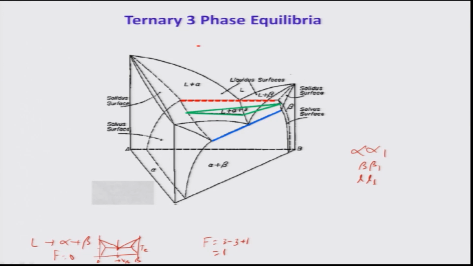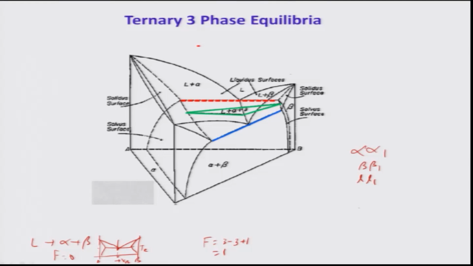At temperature T, 3 phases alpha, beta, liquid are at equilibrium. So, therefore, lines alpha beta, alpha L and beta L will form a triangle, correct? It will form a triangle. How? Okay, let us look at it. This can be done like this. This is beta, alpha, liquid, correct? So now as the temperature goes down, we can represent the whole system